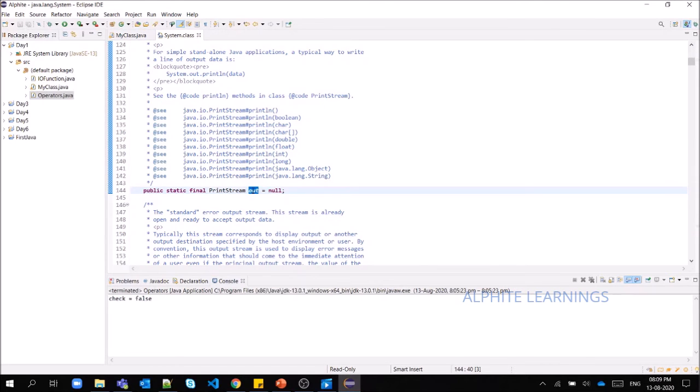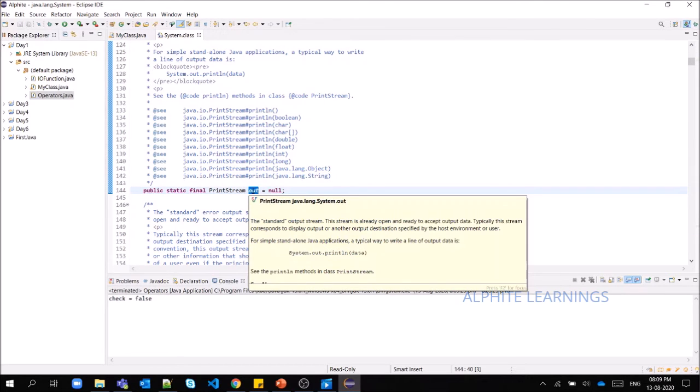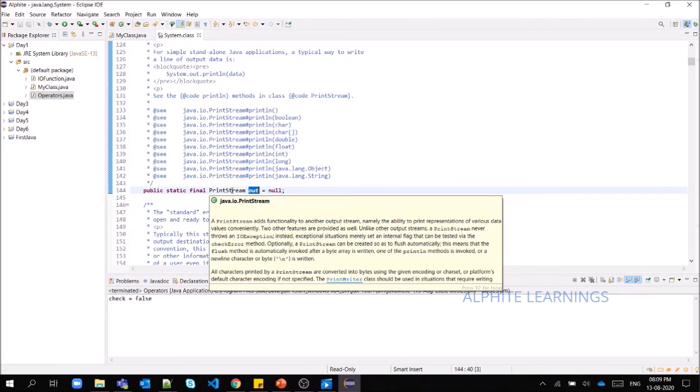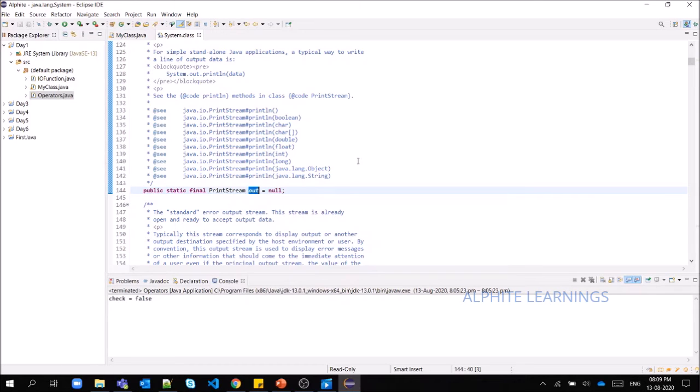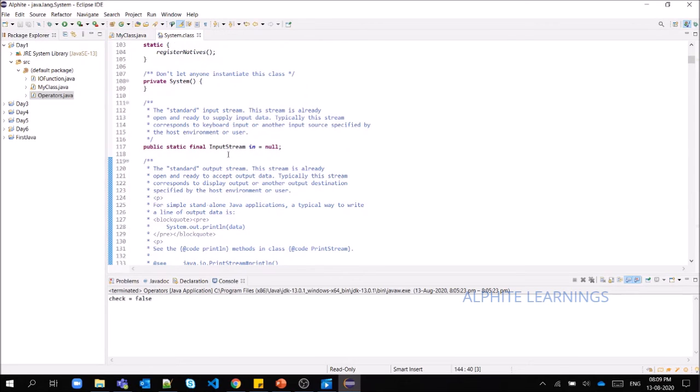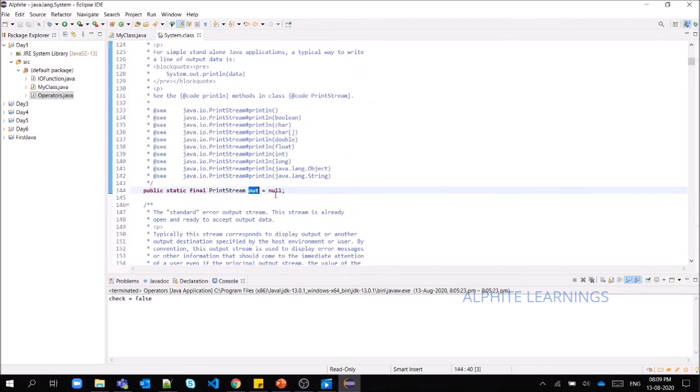Out is one variable of a type. For now, let me not confuse you. Out is a variable in the System class, and it has some properties. You can assume this for day two.